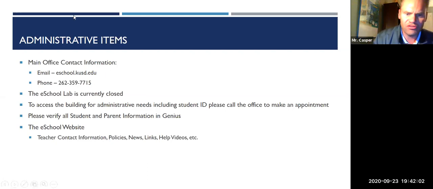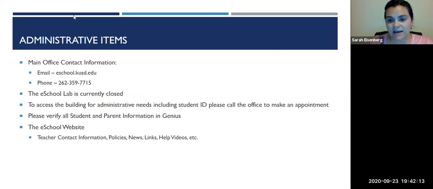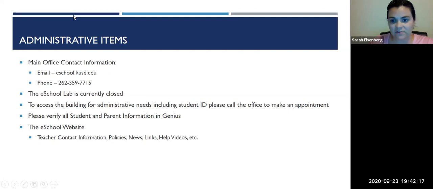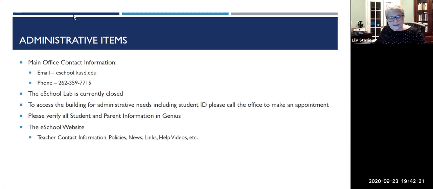Brooke, I don't have screen sharing capabilities. Did you want to show the website where the contact information is, perhaps? We put the link in the chat box. Oh, you did. I'm sorry. Ms. Stasic, do you want to add that back in there just so everybody did get access to that? Yep, let me just zoom through this and then I will put it back in.